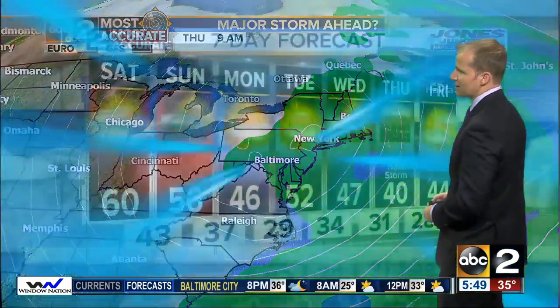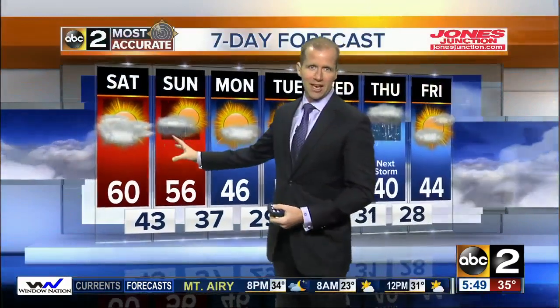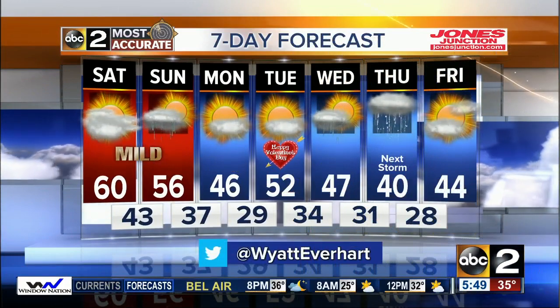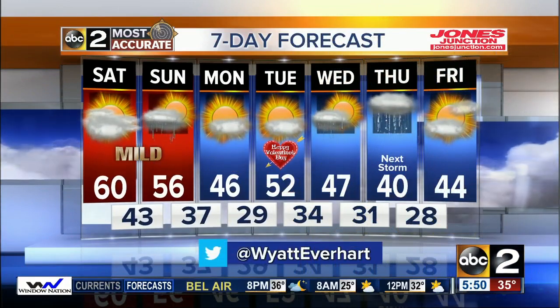It looks good here as we check the extended forecast. Mild Saturday, pushing 60, mid-50s Sunday, chance for a few showers. And not so bad into our Valentine's Tuesday for all the sweethearts out there. I will say, as